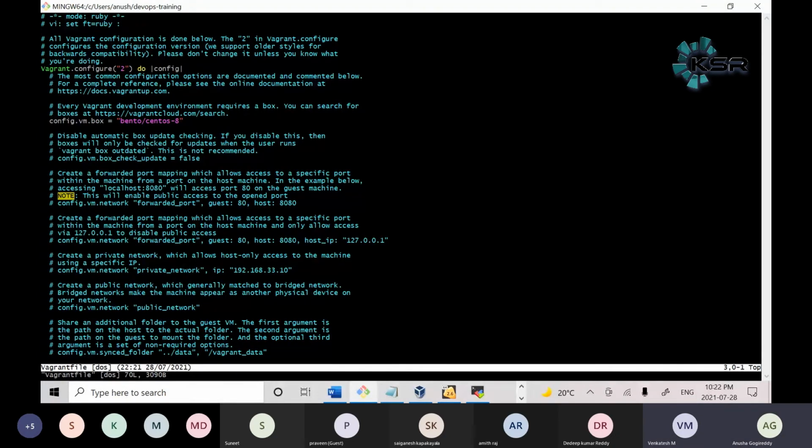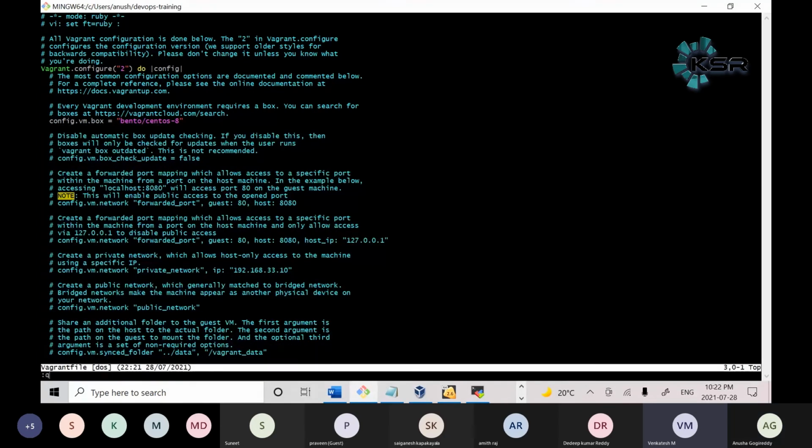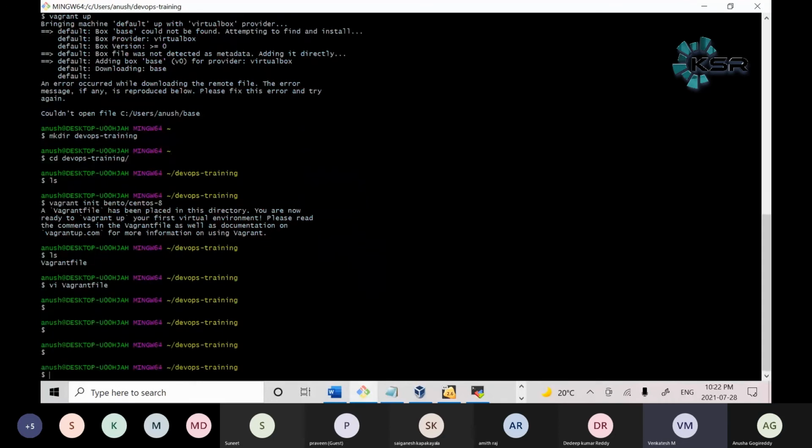How? If you want, you can do one thing: escape it and exit it. You can open it in Notepad also, which is fine. Right click and open with Notepad. That will be very comfortable for you.